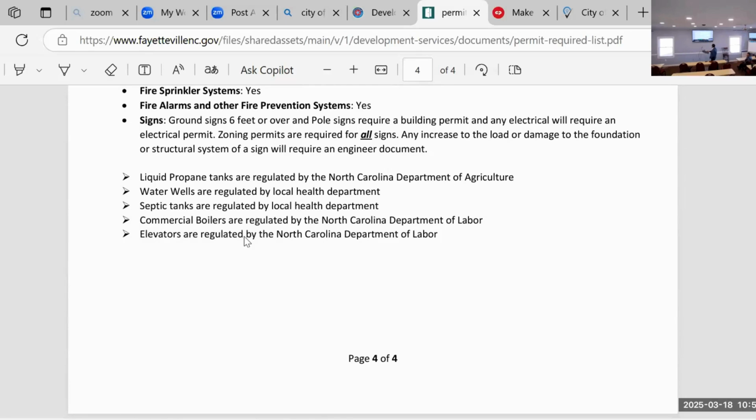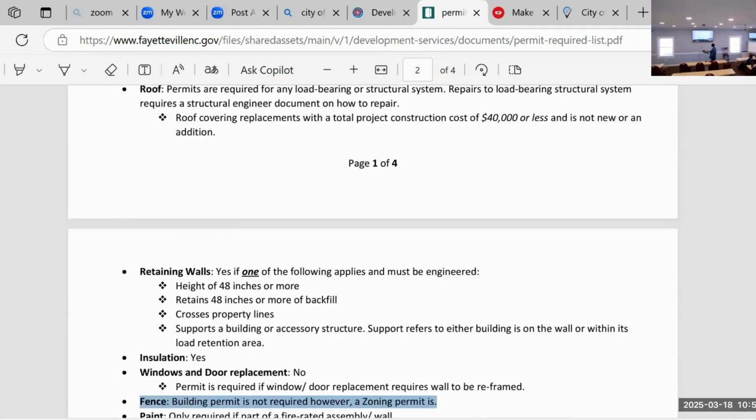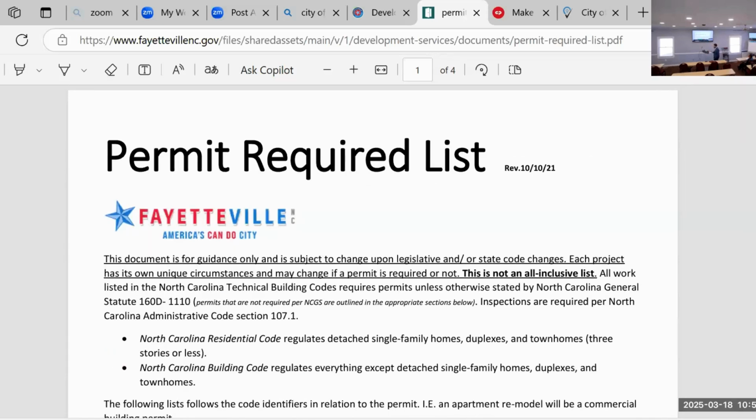At the very bottom of this, we have that discussed information about septic tanks, local health department, water wells, liquid propane tanks, commercial boilers, and then the regulation of elevators by the North Carolina Department of Labor. So some examples there. What's currently in the works is a brochure that's going to be sent out to y'all. There's an expectation that we'll have that back by Friday this week. And that'll be sent over to partners here at the association for you to have, and this is going to be